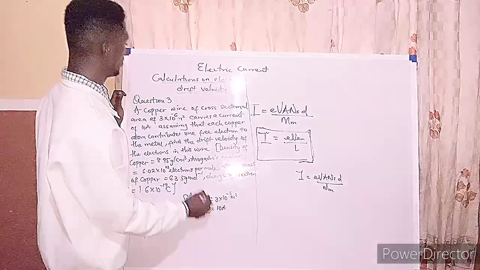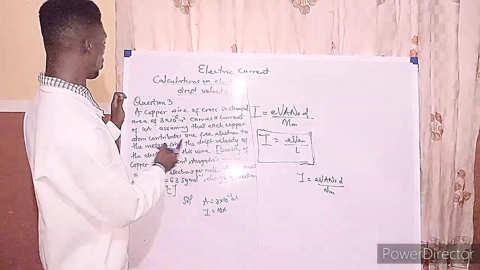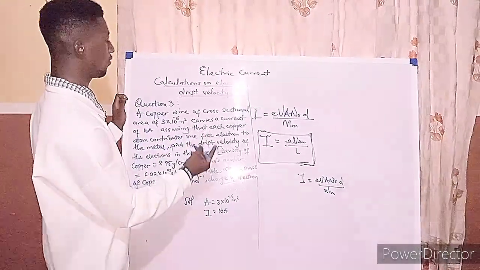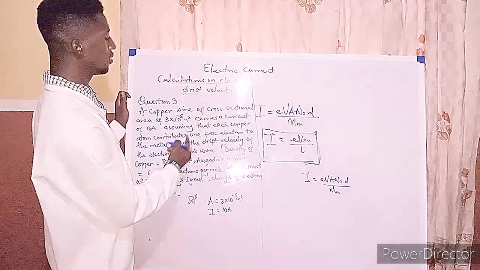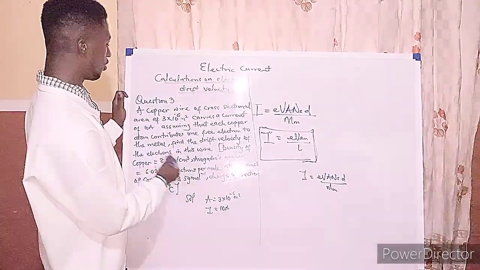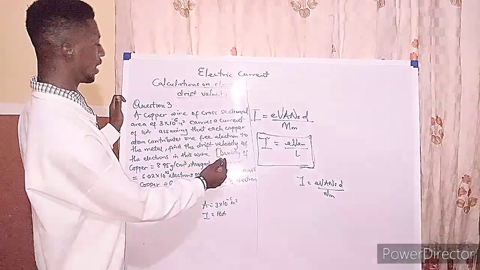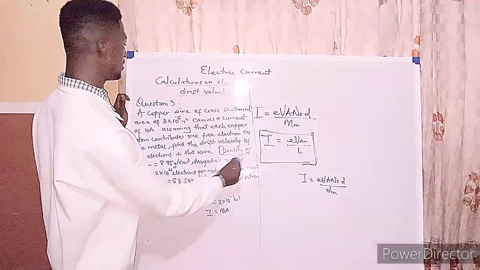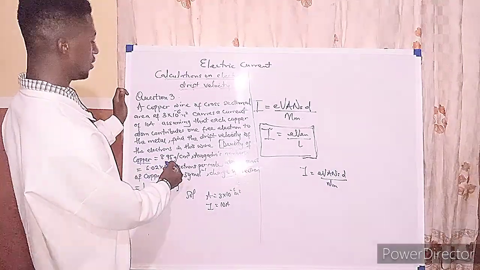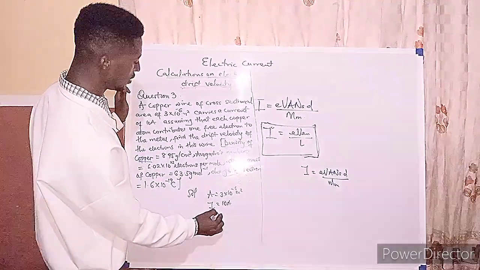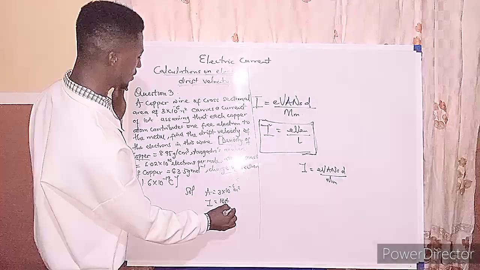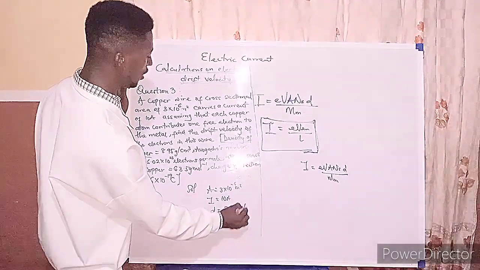Assuming that each copper atom contributes one free electron to the metal, find the drift velocity of the electrons. Now other parameters are also stated here. This is the density. The density of copper is said to be this. So the density D is equal to 8.95, gram per